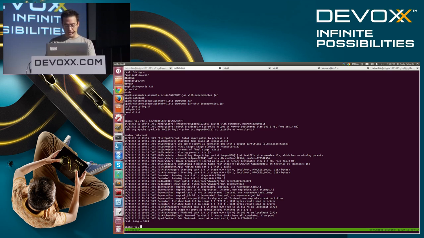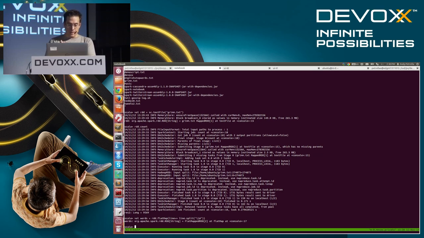Now I can split that into words, and we can say RDD.flatMap, and for every line we're going to split it into a line split, and we take all non-word characters as delimiters. Oh, I have my flatMap already.